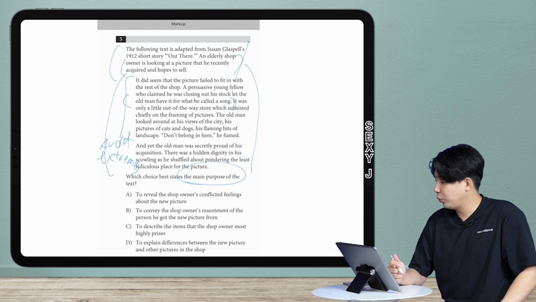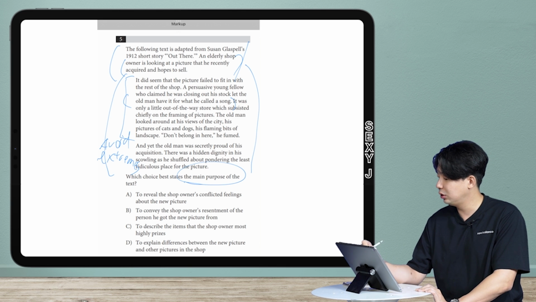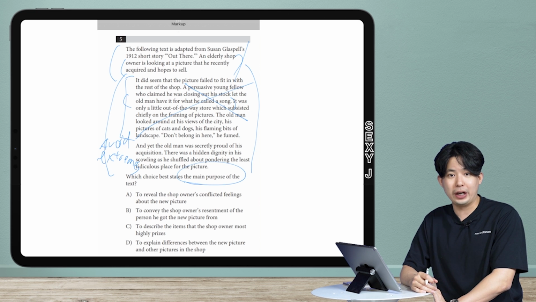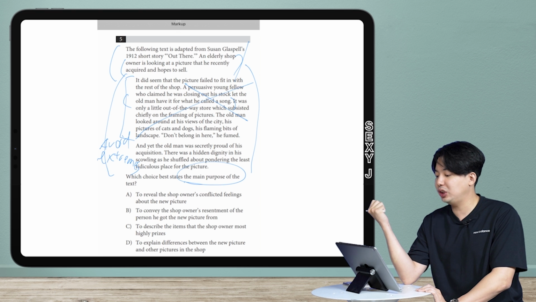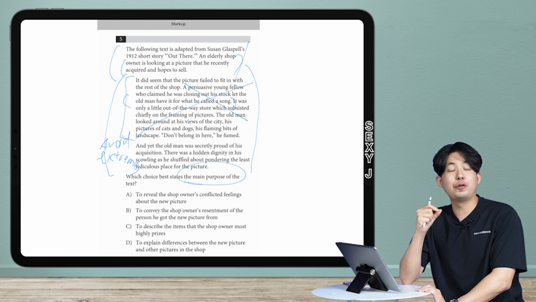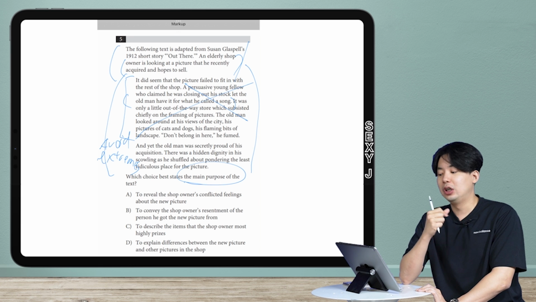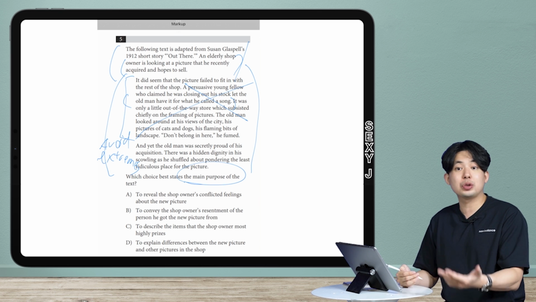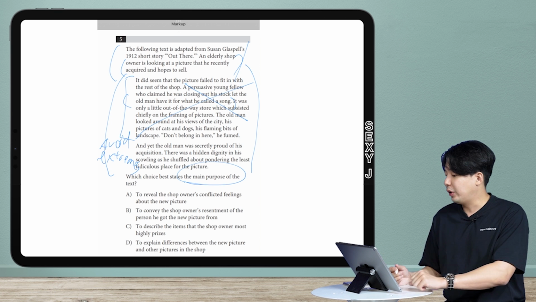So let's see here. It was only a little out of the way store which subsisted chiefly in the framing of pictures. The old man looked around at his views of the city, his pictures of cats and dogs, his flaming bits of landscape. Okay, this is the thing I'm going to do. None of that stuff really mattered, okay? Now, how can I just be crossing out that information? Because, look at the answer choices, okay? So for the literature purpose, unlike the science, if I read through the text and I'm not really quite sure what I should focus on, look at the answer choices, okay? Now, if you look at the answer choices,